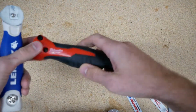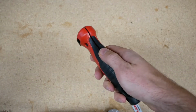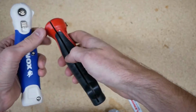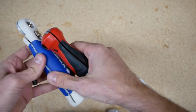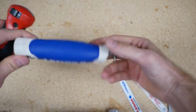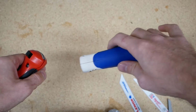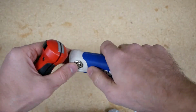What else do we have? They both kind of have this rubber construction on the outside, and I believe they are both metal on the inside here. So I think they're both die-cast aluminum on the inside. I don't know if you can see that. So it looks like pretty solid construction on both of them. Also, the Lenox has this little tie-off right here. It does kind of make a sound, which I don't really like. That might actually get on my nerves,